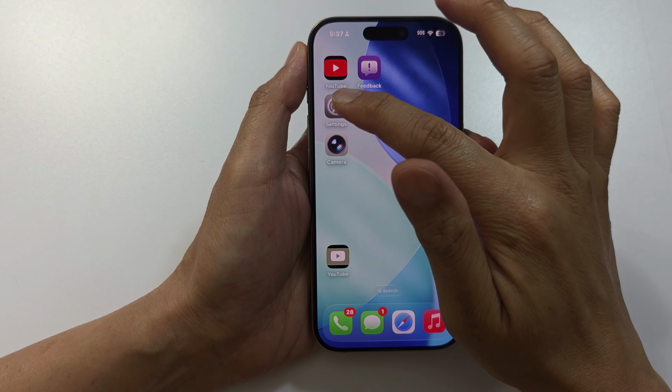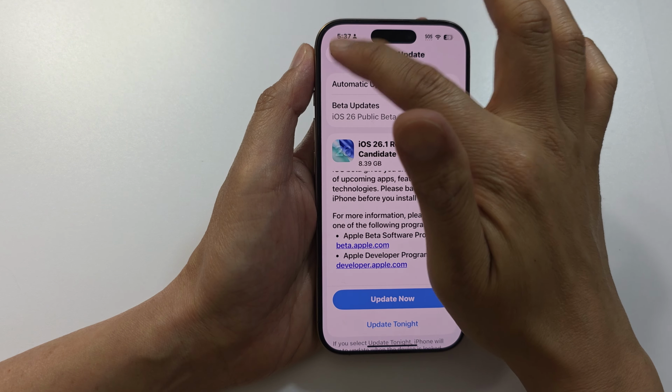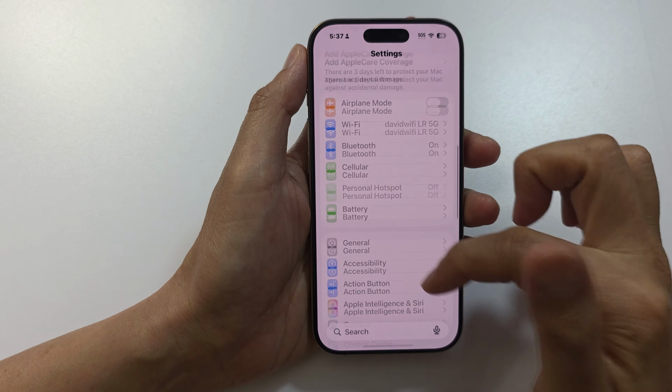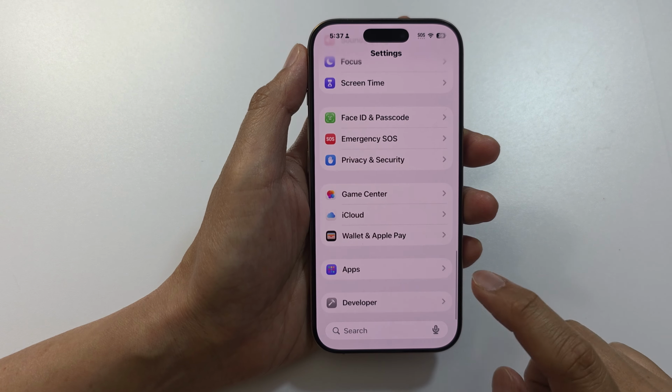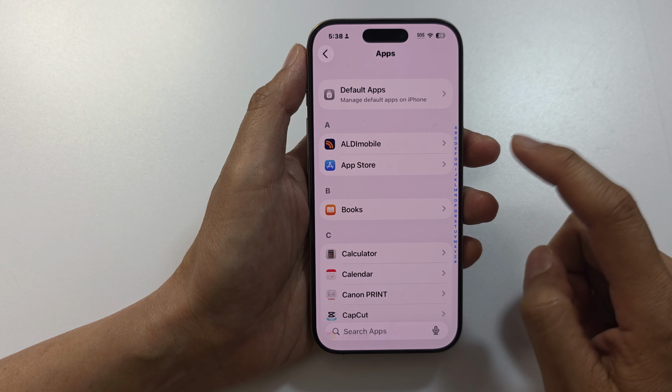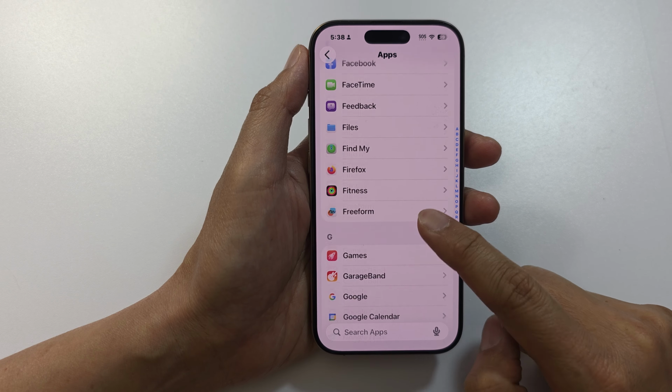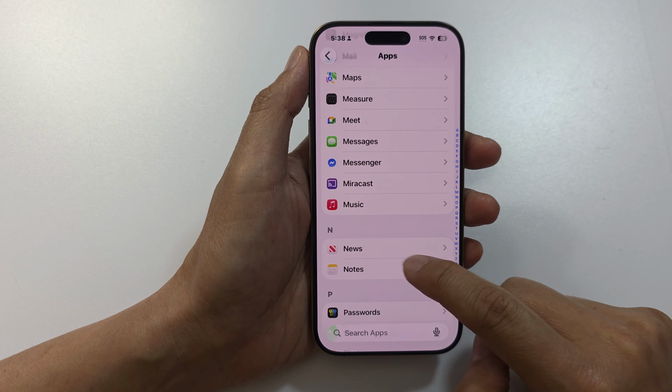Now first, on the home screen, we need to go into Settings, and in Settings we scroll down to the bottom and tap on Apps. After that, we scroll down, then tap on Phone,